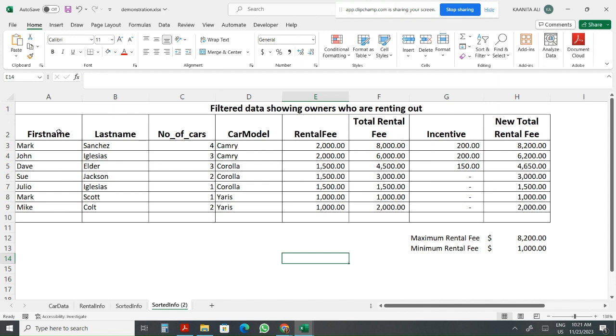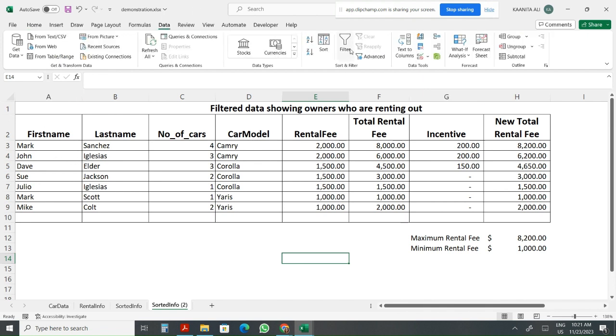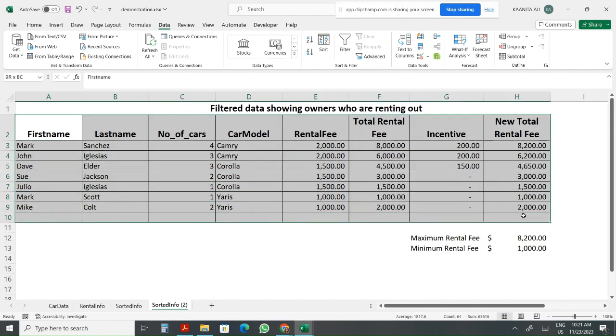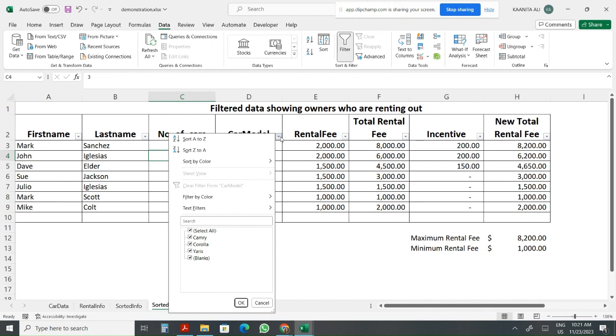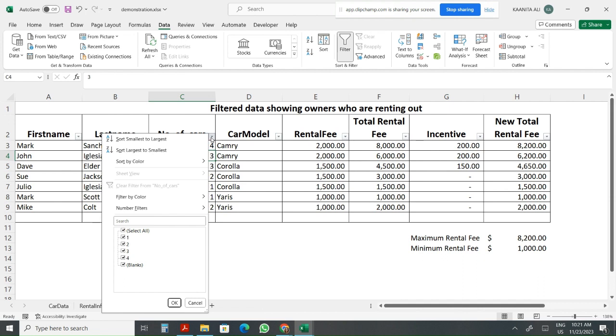Now they want a filter, a simple filter. So how we do this is we go to data and we select our filter here. We select our data and then we go to filter. And if you notice, when you click on filter, it puts these little arrows. You see these little arrows here, right? So we're going to click here and we are going to do a filter on the number of cars. So we have here number of cars, and we are going to filter